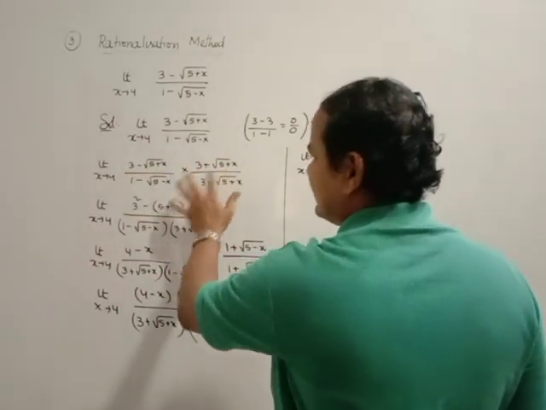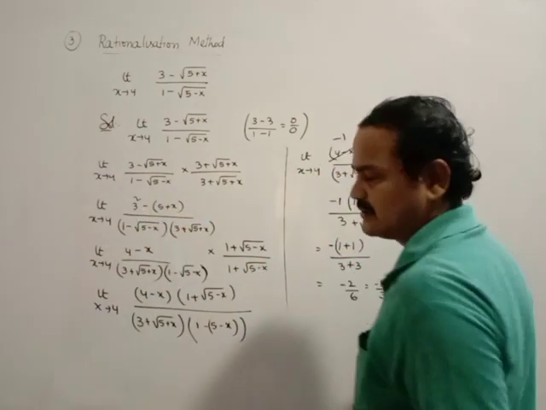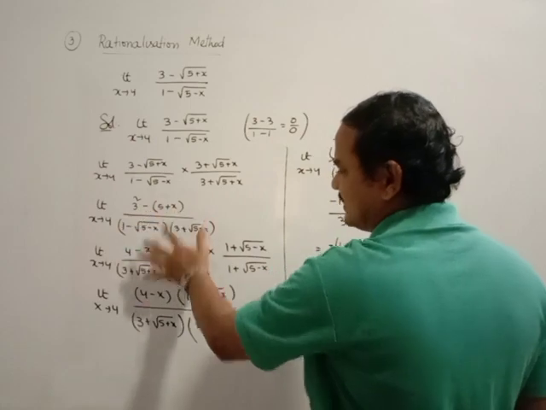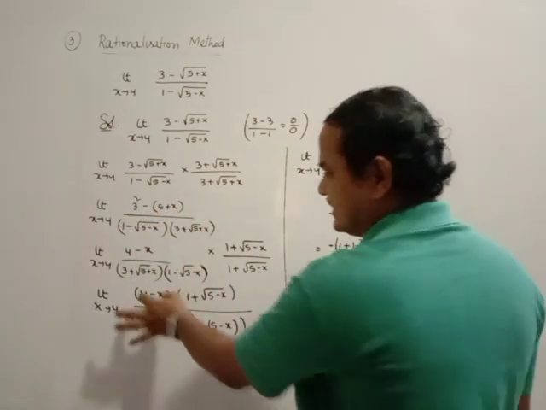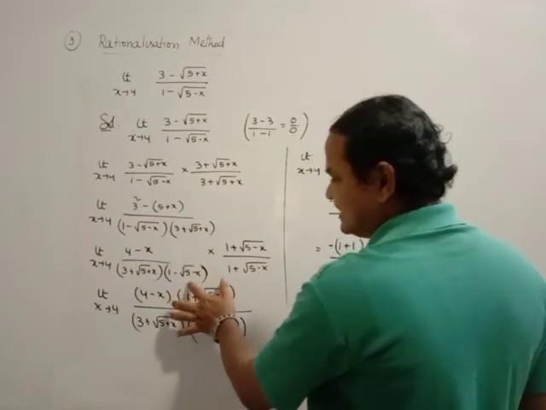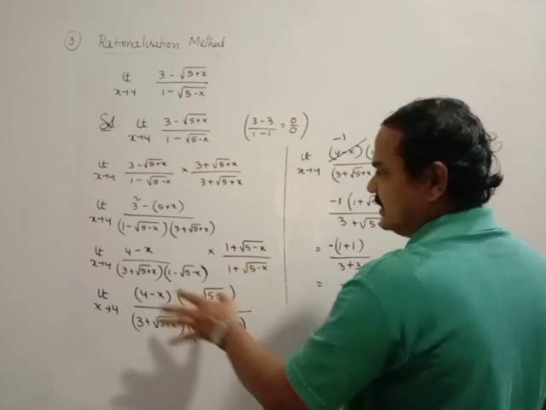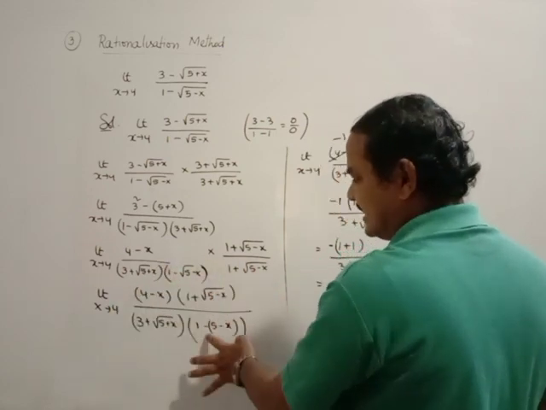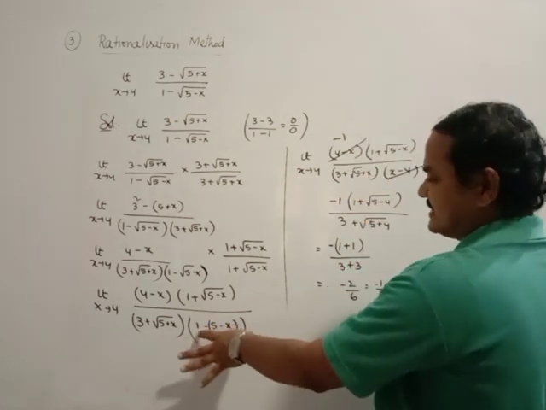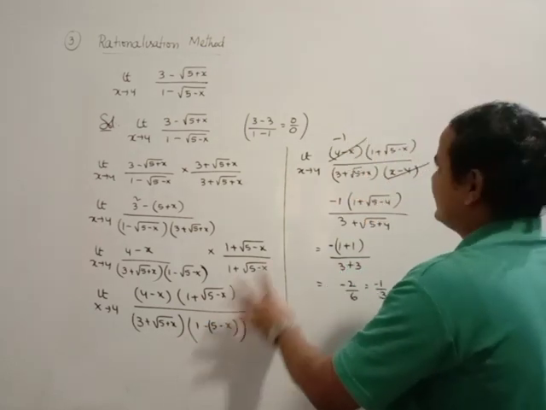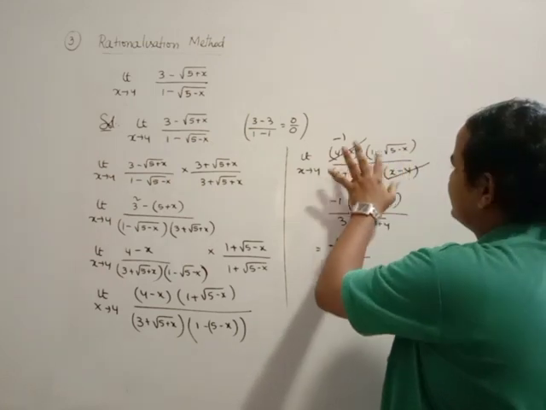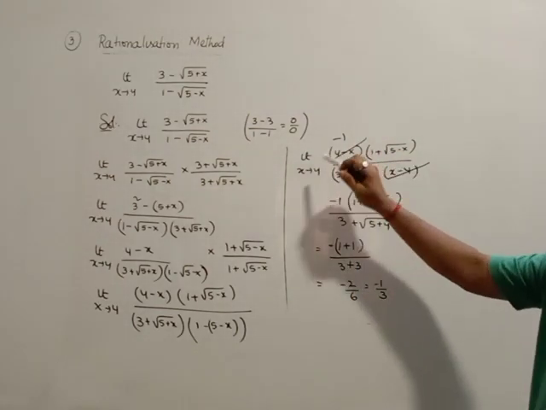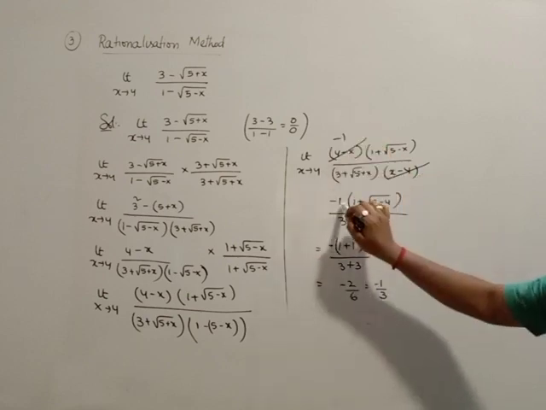A minus b into a plus b is equal to a square minus b square. Square root can be cancelled. 9 minus 5 is equal to 4. Minus into plus is equal to minus. Again this is the term. Now I rationalize this one with plus. So 4 minus x into this is 3 plus 1, and again a minus b into a plus b gives a square minus b square. Next step is 1 minus of (minus) plus x minus 4, so 4 minus x into this is x minus 4. Both are cancelled. See, it is the opposite sign, so minus is remaining.